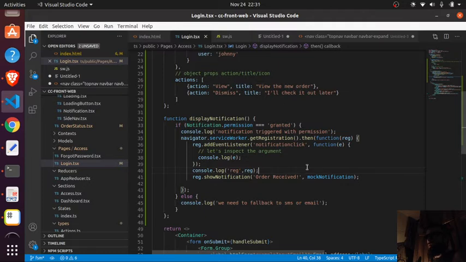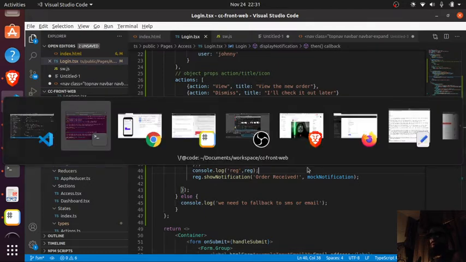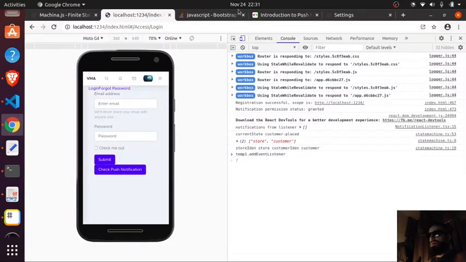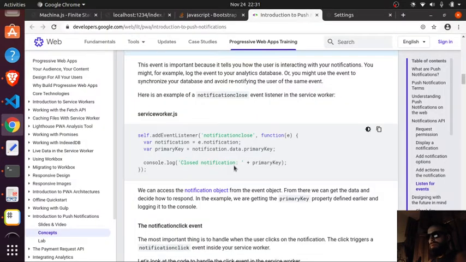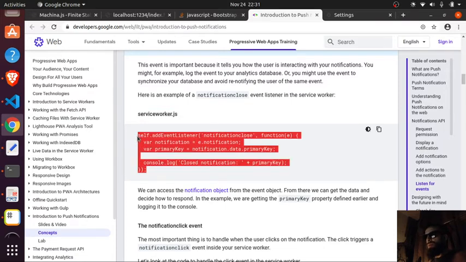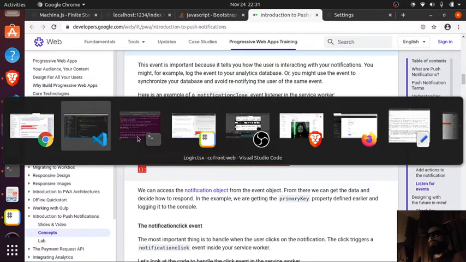Now, I think this will work. But you can see here in the documentation, let's go back and look at this. See, it says this needs to go in the service worker JS, but it isn't clear what self is supposed to be in the service worker JS. And clearly it shouldn't go there, so I don't know. Well, yeah, it's kind of bad documentation because it definitely isn't clear. Anyhow,